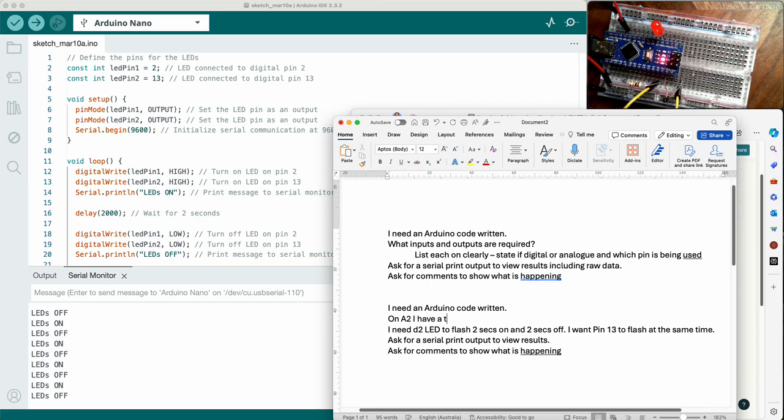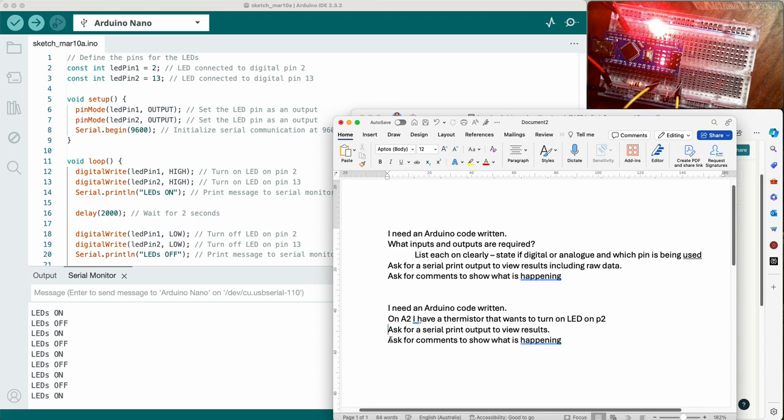I have a thermistor that wants to turn on LED on pin 2. Okay, so if I adjust that, wants to turn on that, I need to print there, including raw data,